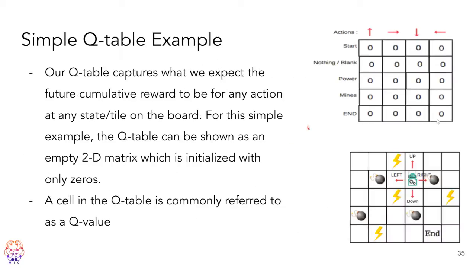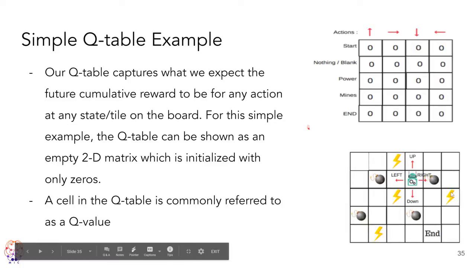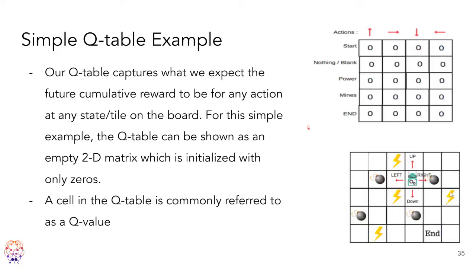Just another thing to state, you might notice here we have 5 rows. It might be a more descriptive Q table if we instead had like 30 rows. So each state, instead of just being, we only have 5 states, it might refer to the actual tile that we're on. So this is a 6 by 5, I believe. So 6 times 5, 30 states. That would probably take longer to train, but would probably be better overall.